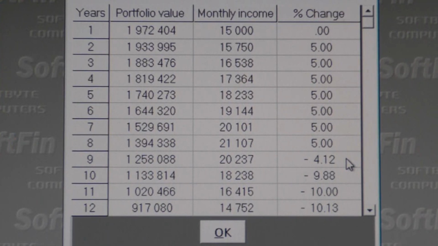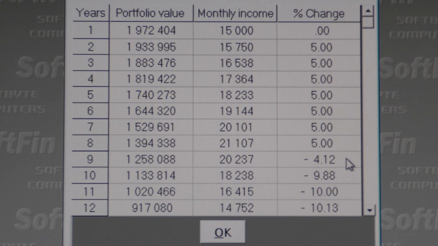We can see our income starting at 15,000 Rand per month in year 1 and increasing every year by the 5% escalation we asked for. After year 8 in our example, our income has reached a stage where the income we require is now 17.5% of the capital. We are now drawing 17.5% of capital that is growing at 7.5%.